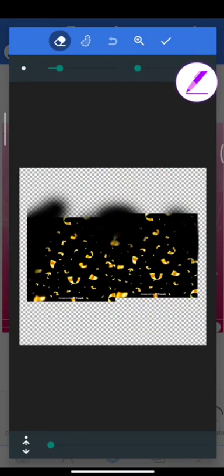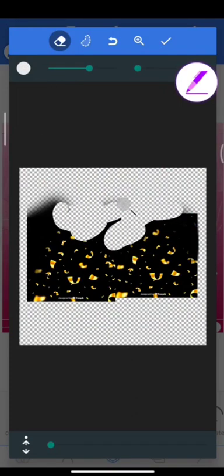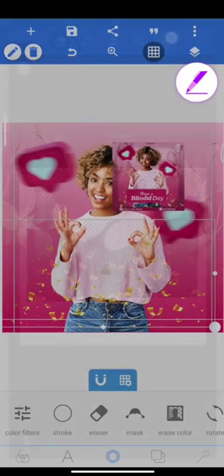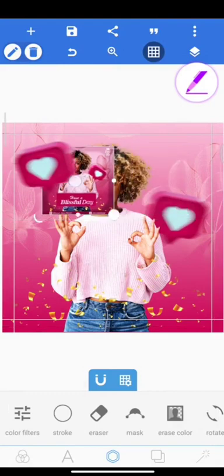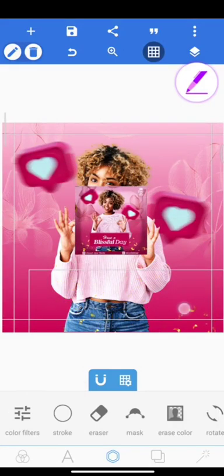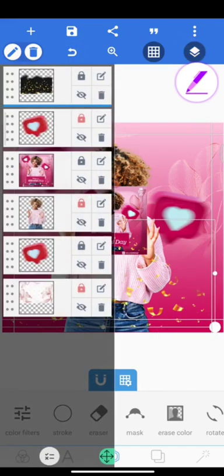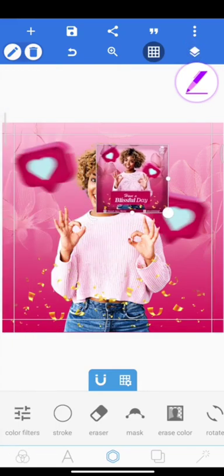Now it's mainly the top, so let me increase the radius. Let me just clean those parts that are stubborn out of it. Use my eraser. Now I think it's perfect like this. Now what is the next stuff to do? Ouch. Let me lock this layer at the top. Let me lock it. Now you can see there are some typography, but before we put that typography, let's draw